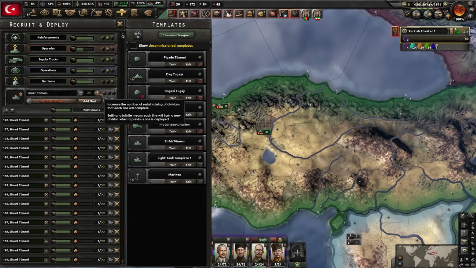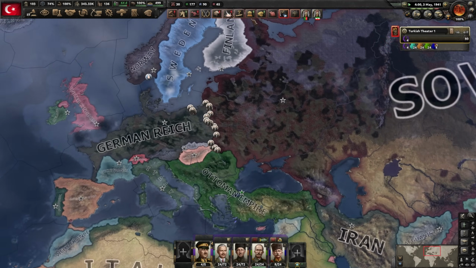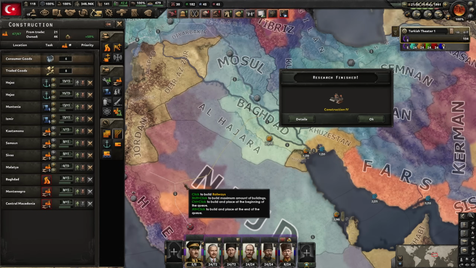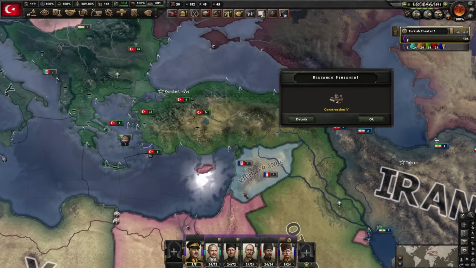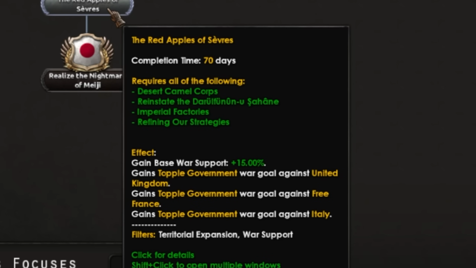Use that manpower, use all those tanks, and get the production rolling, I guess. Meanwhile, in Europe, France is gone, and Germany's doing its little push eastward. Saudi, now Ottoman. All right, connect the railroads here and here, build some ports here and here, and this gives us access into Jordan so we can push into Egypt. Right, when you've completed all these focuses, now you've got the option to do an insta-declare war on the UK,